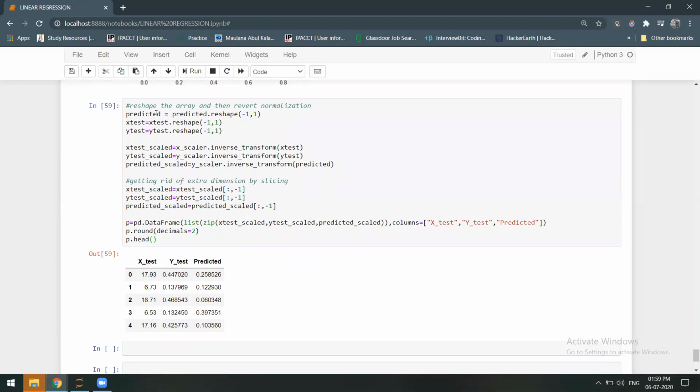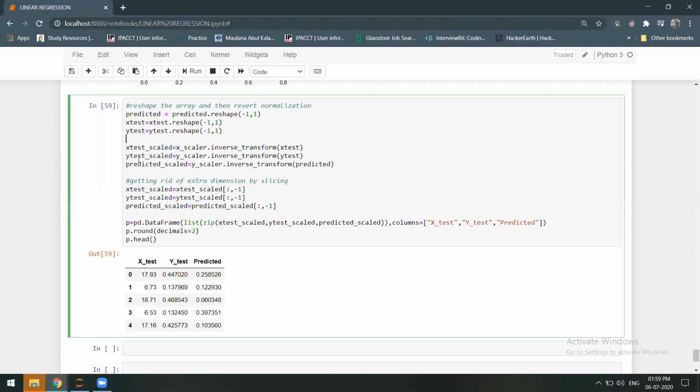Now we are reshaping and then reverting the normalization effect using inverse transform, and we also need to get rid of extra dimensions through slicing. After that we are passing p as pd dot DataFrame with x test scaled, y test scaled, and predicted scaled, which you can see in these three lines. So these are inverting the transformation effect.